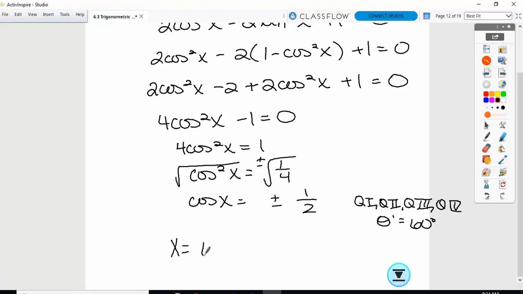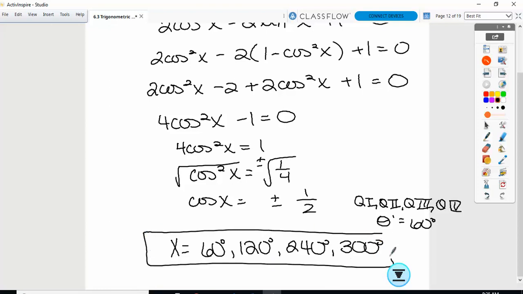When is cosine 1/2 reference angle? So 60 degrees in quadrant 1 is 60 degrees. Quadrant 2, 120 degrees. Quadrant 3, 340. Quadrant 4,